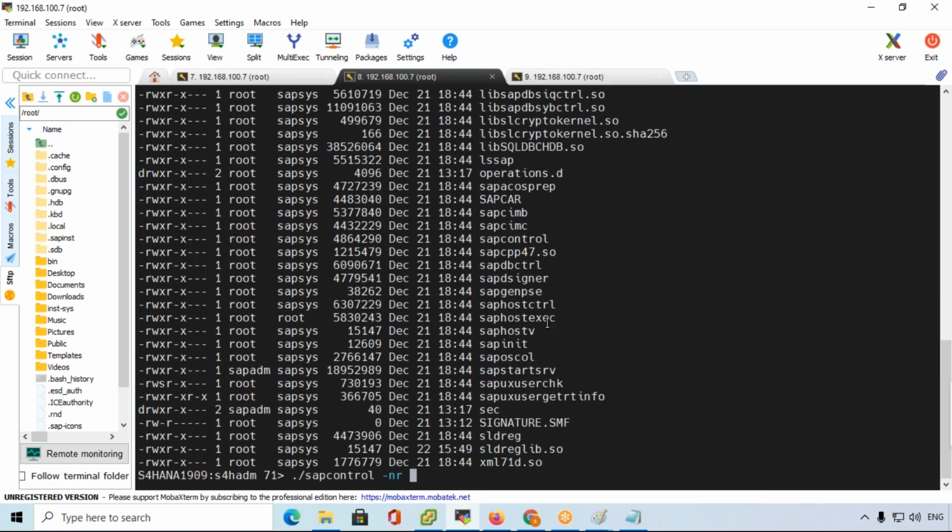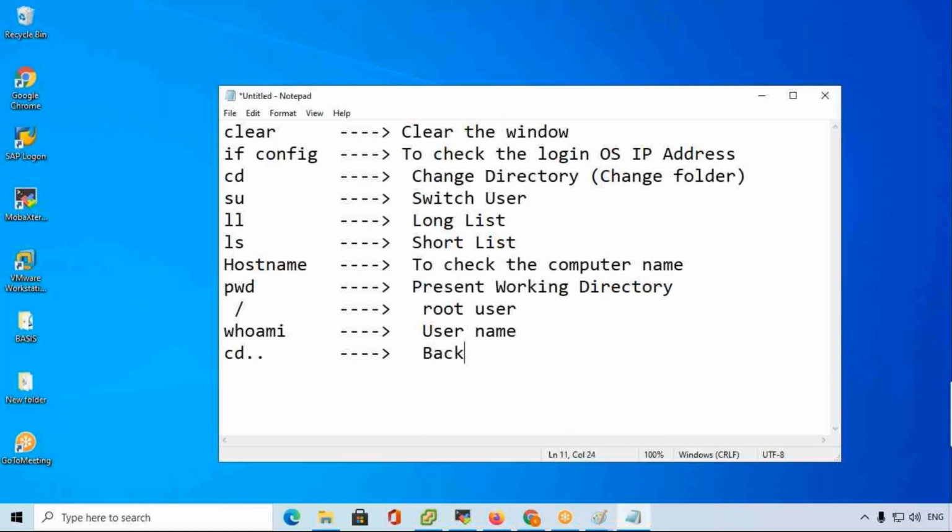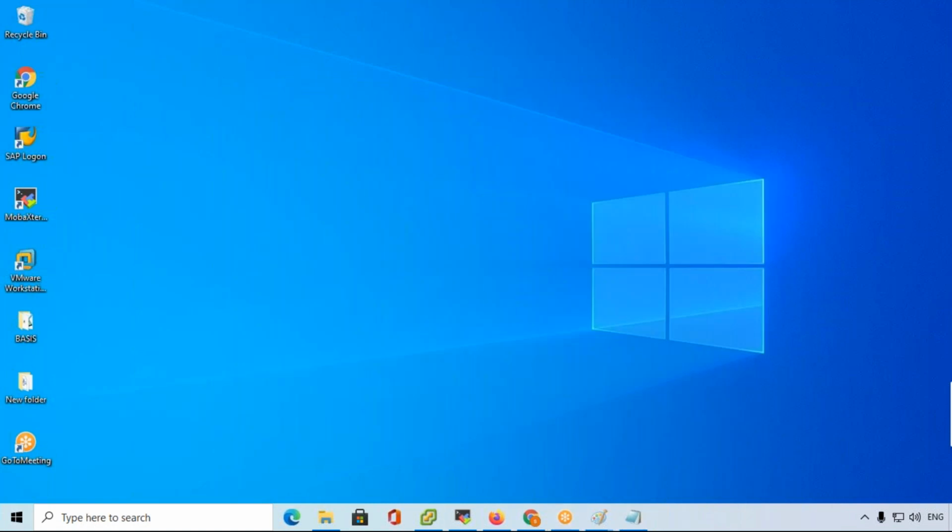Now 01 and hyphen function start system. So this is a command, press enter. Yeah, but it will take some time to start the SAP system completely. Now you observe here, already we added the S4 HANA system in SAP Logon Pad.